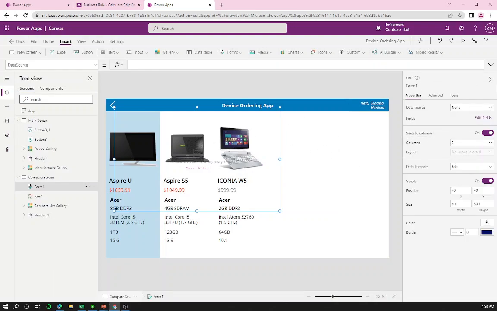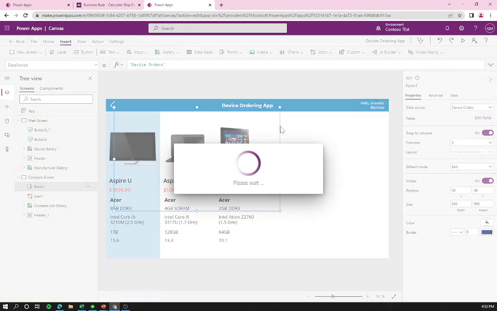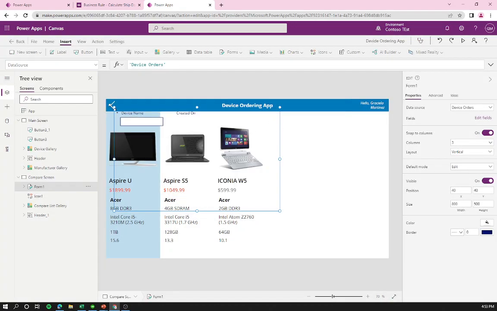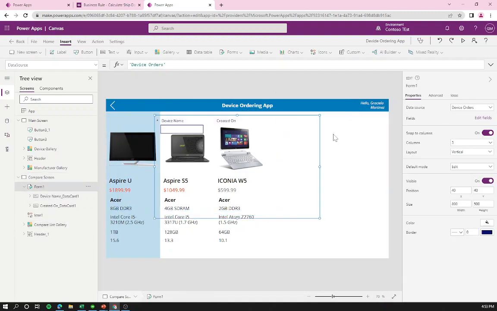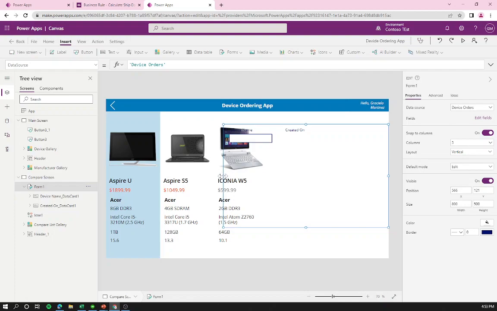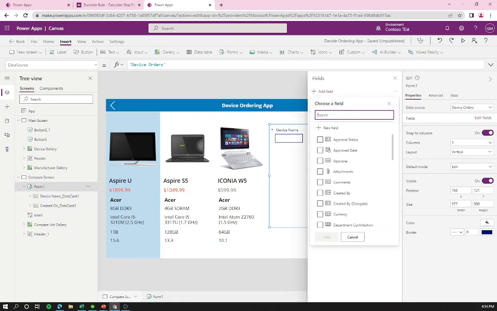Okay, so here the first thing that we get prompted is a data source. In the data source, let's just select device orders, and then you're gonna see that we didn't get all the fields. We only got device name and created on, so we need to add them. To add more fields, just go to the right pane, go to edit fields, and then add fields,